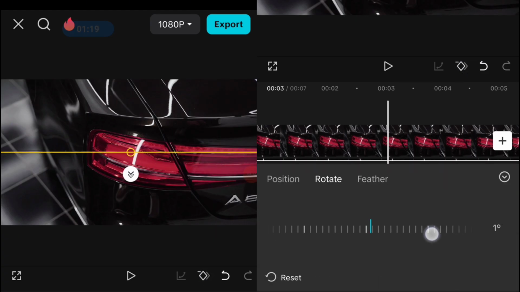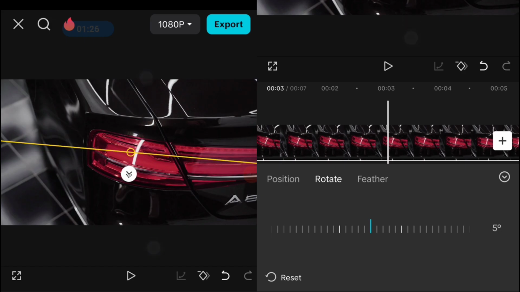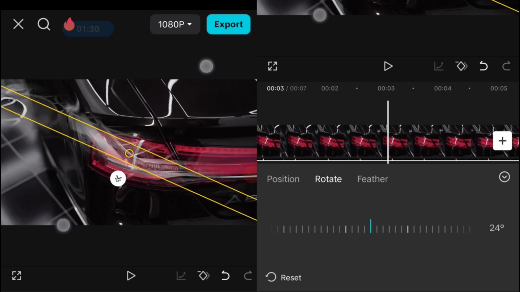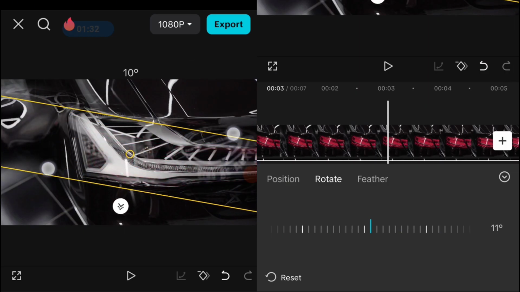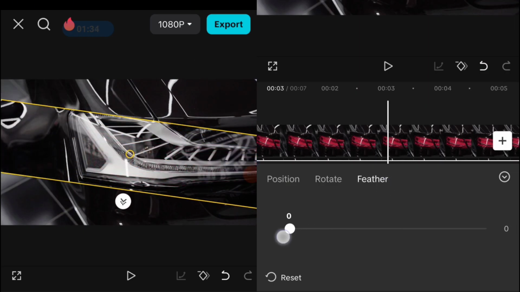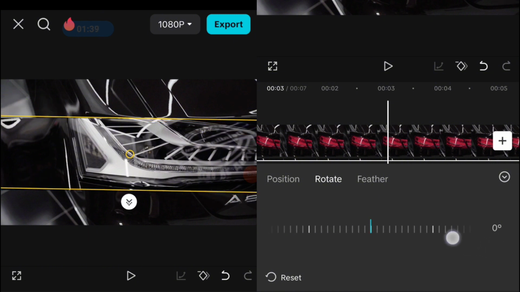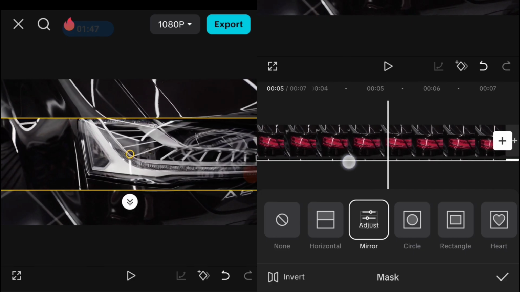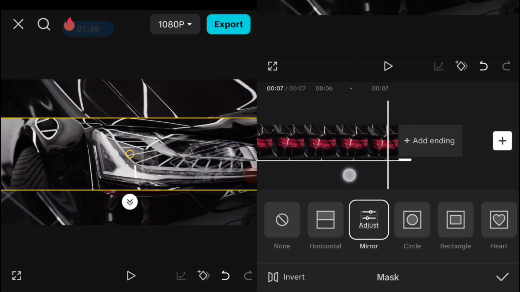And first thing, I'm going to position the mask onto this 0 degree, and then increase the thickness of the mask, kind of like this. Then go to the feather and decrease the thickness of the feather, and again position the mask onto this 0 degrees rotation, this one. And then again you need to swipe left the duration onto this